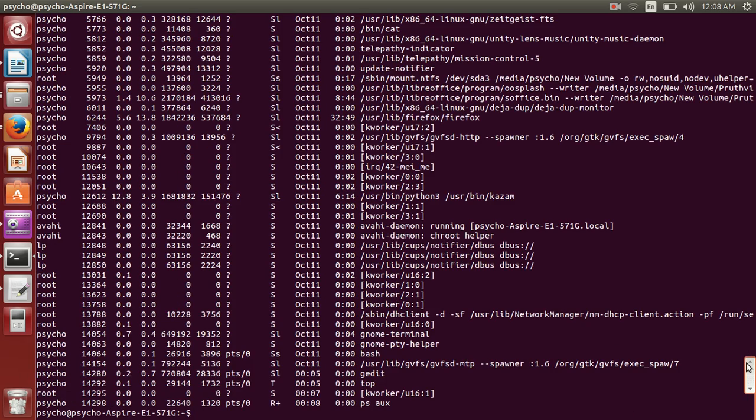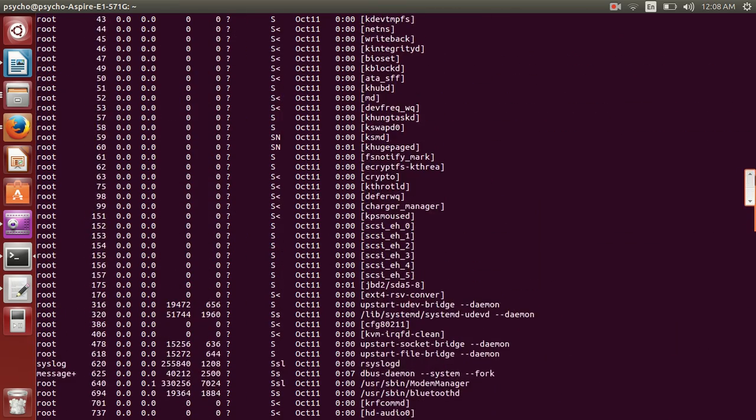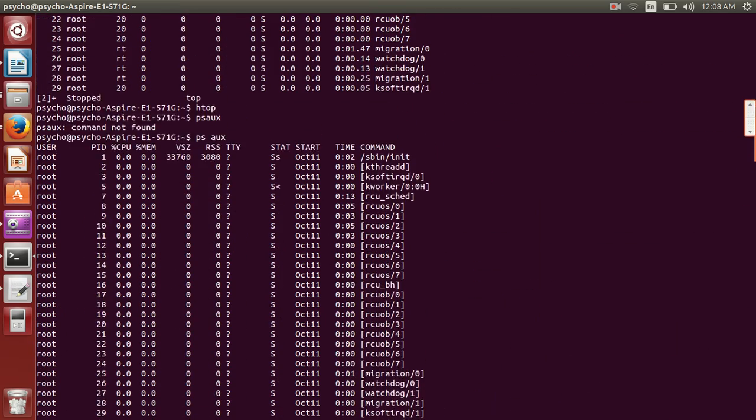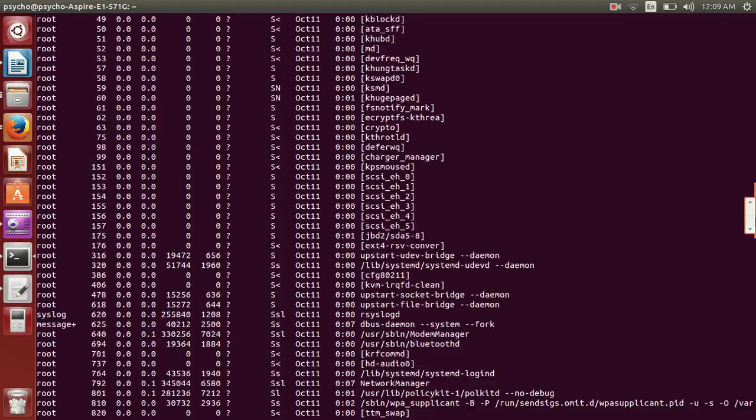The ps aux command is also used to show all the processes which are currently running. It shows all the processes, where they started, how they started, what the time is, and the command used to start them, and which user has started them. Actually, whenever we boot Ubuntu, all the processes are created by the root user only to provide the